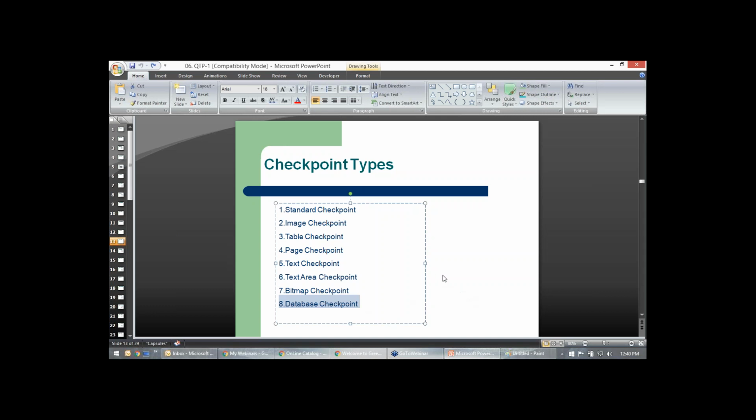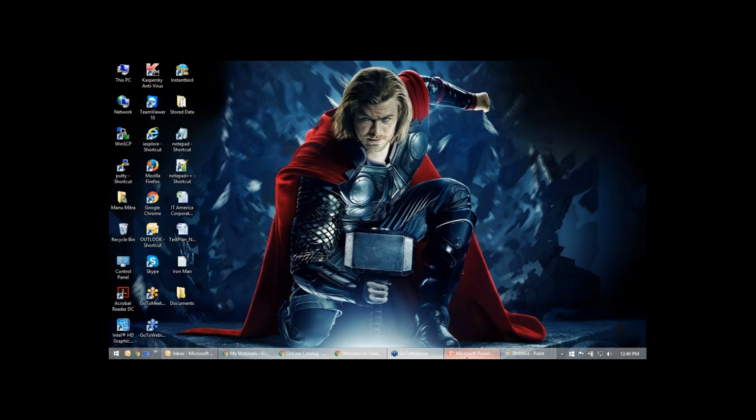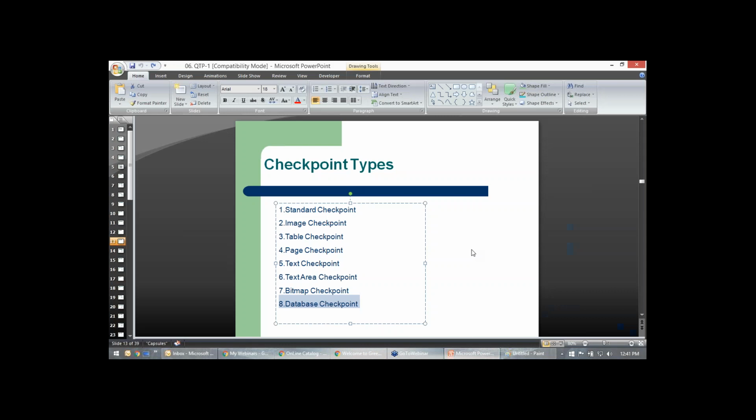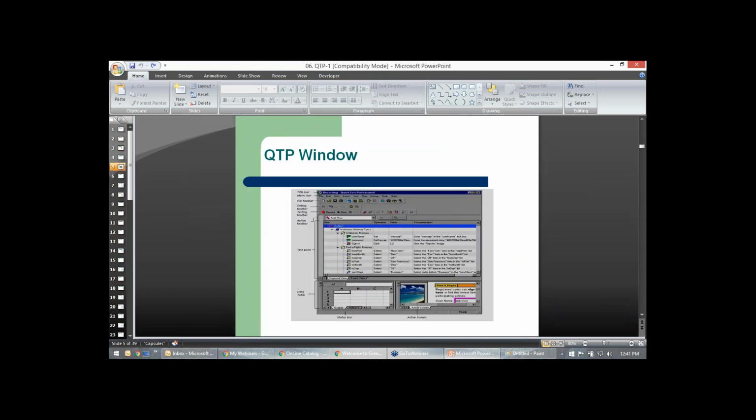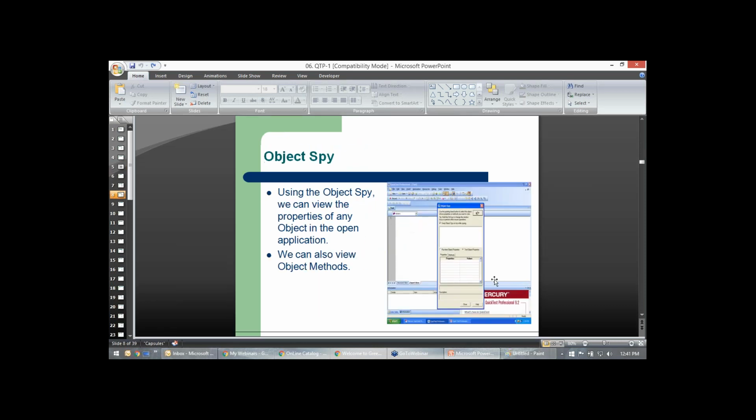For the database, you want to see how it looks. When you want to see the checkpoints, whenever you run after inserting the checkpoint, this is how it looks. This is the highlighted color in the active screen. I hope everyone can see this active screen, right? The purple color, you can see Mercury there. So that is the text checkpoint. Whenever you run it, it highlights that area, and you can see, okay, now it's looking that way. So that is a checkpoint.